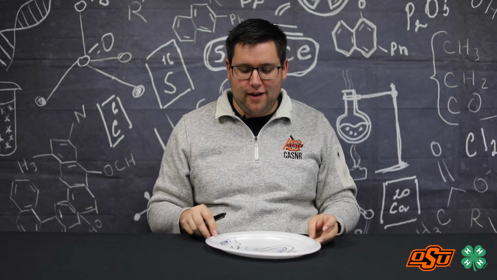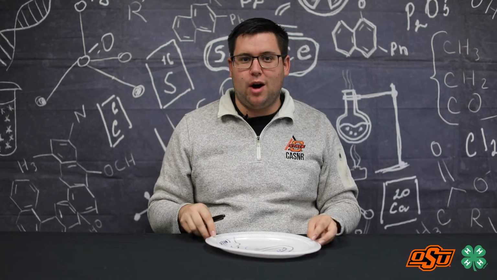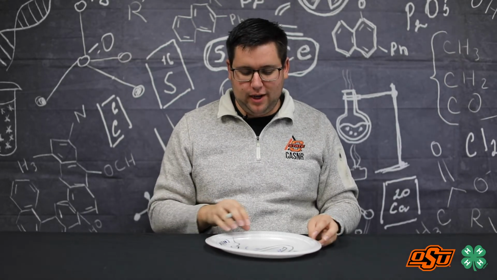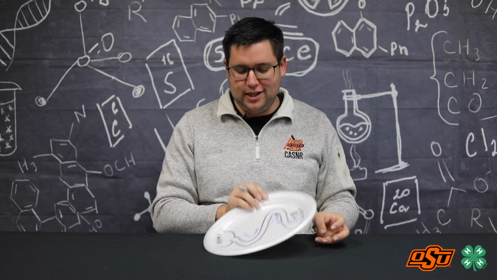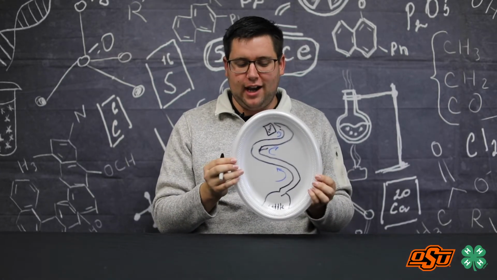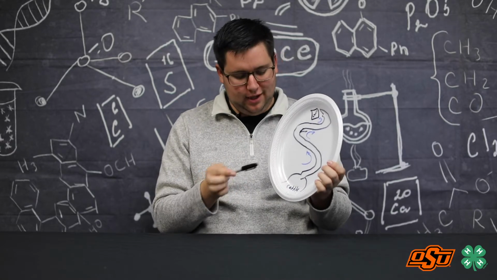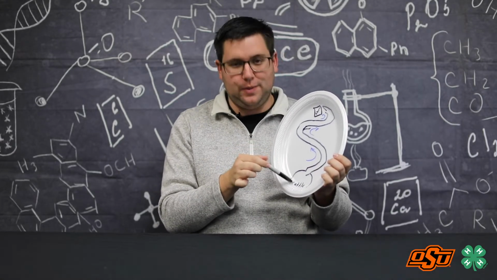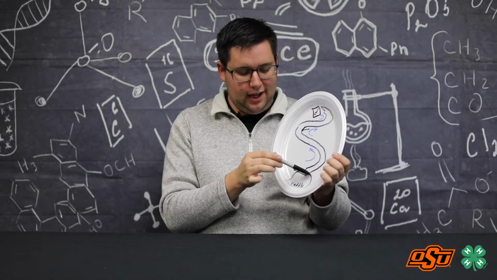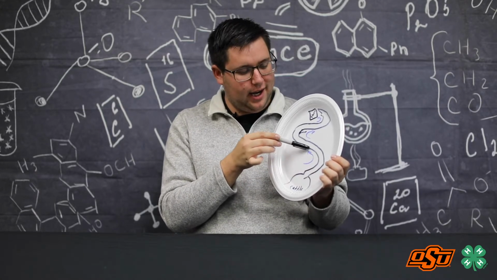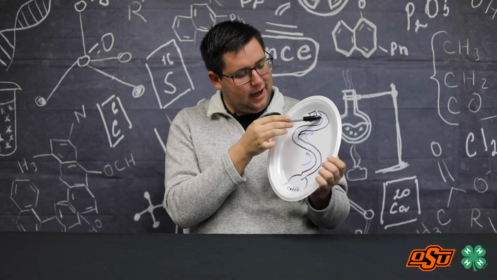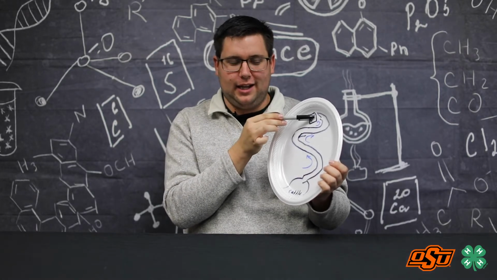And then next, we have our design or drawing process. So we are going to design out our corral system. For today's purposes, I went ahead and drew my design out on my plate. So I have my cattle, which will be down here in the starting pen, and then I have a gate that they will then funnel into the alleyway and go through and have them end up in the cattle chute.